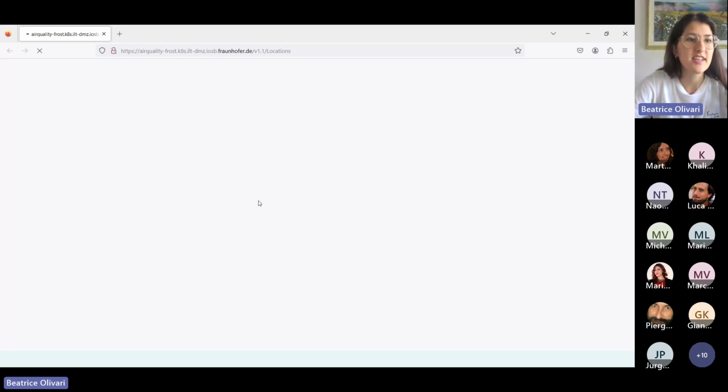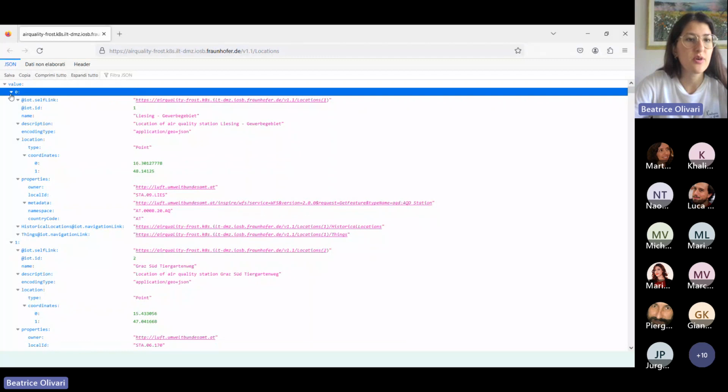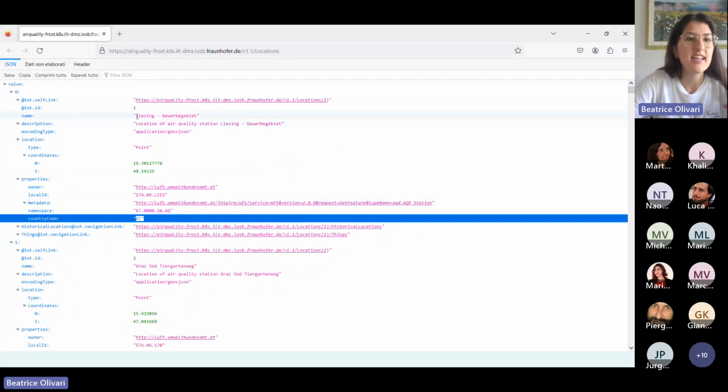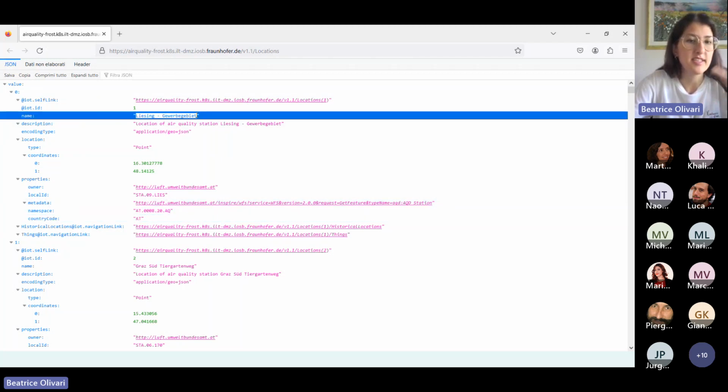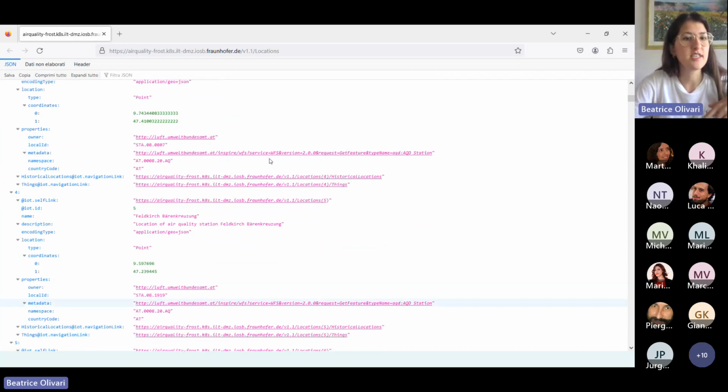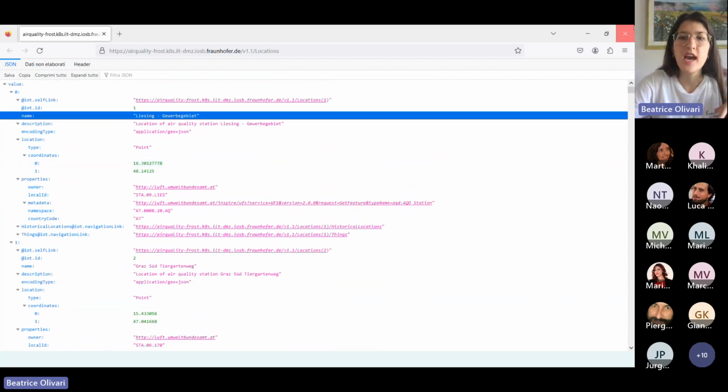This is a JSON. The first element is in Austria, and this is the name of the station. And we have, for instance, information about the coordinates and so on. So for each station, we have some information, and this is the complete list. If we scroll down, we will see all the stations.